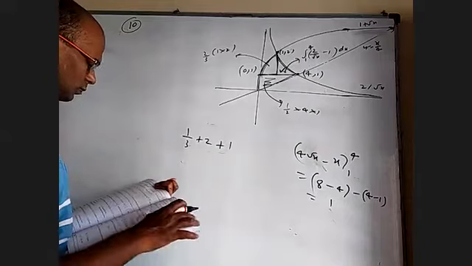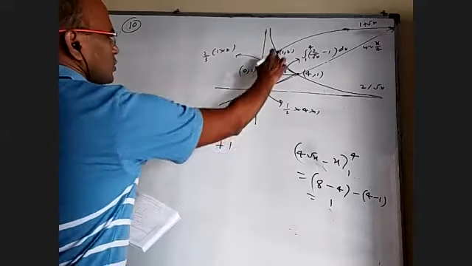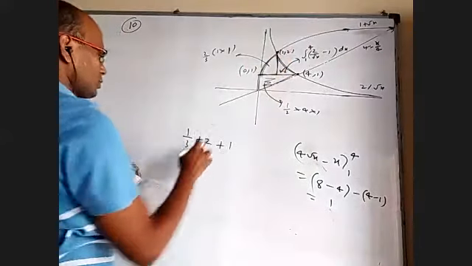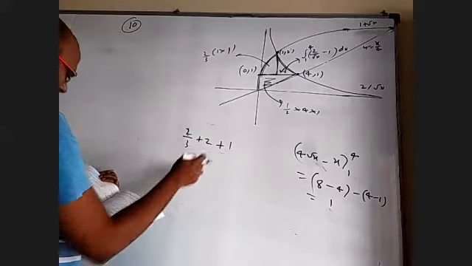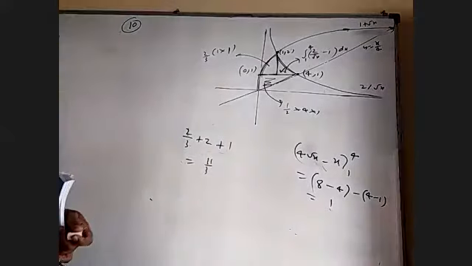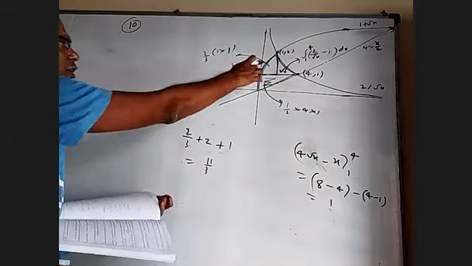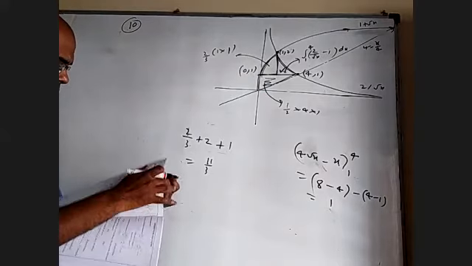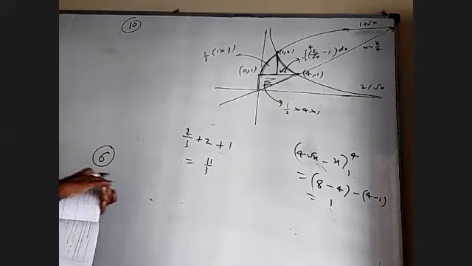Something wrong? Yeah, this height is not 2, height is 1 only. Width is 1 and height is also 1. Okay, so this will be 2 by 3. Then 3, 9, 11 by 3 is there? Yes, this is 11 by 3. You can also do by integration. I avoided integration for these two parts. So 10 to 1, yes. Okay, somebody is asking 6 to 1.